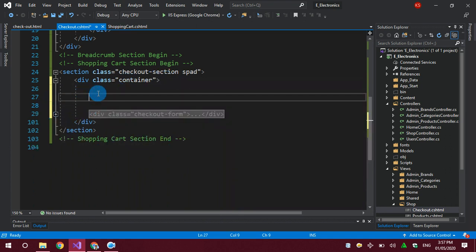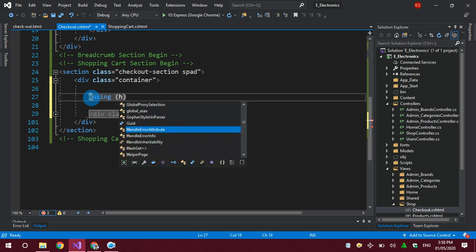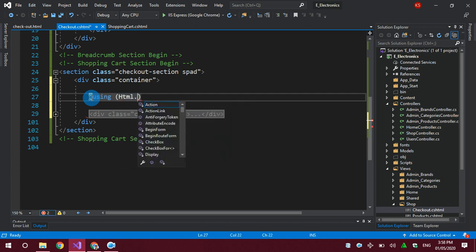I will use the Razor syntax: using Html.BeginForm.